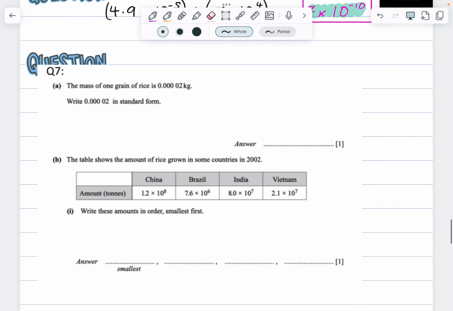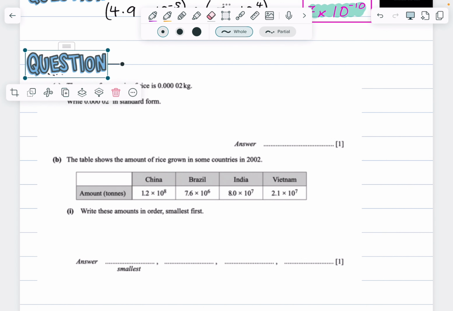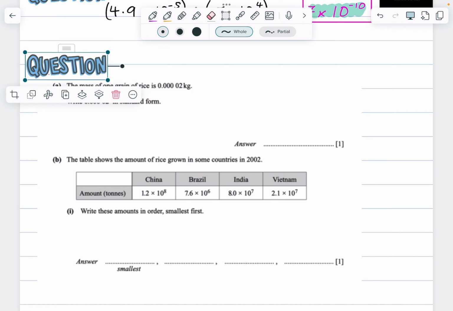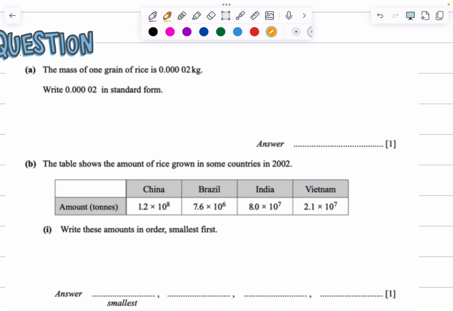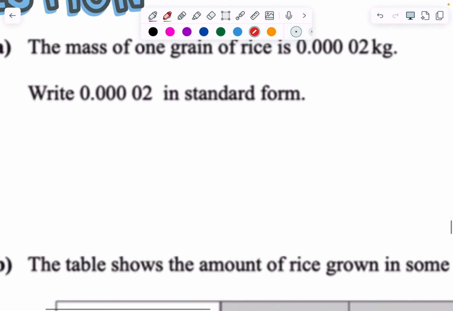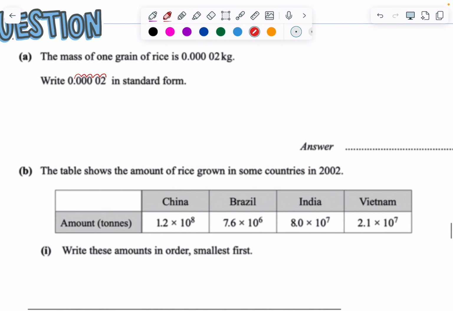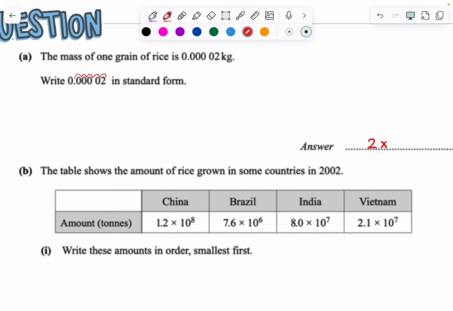वही मैं कह रही हूँ कि I have seen questions from standard form, but not very often. Okay, let's have a look. Part A we're going to do together, although I know you know how to do standard form by now. It is 0.00002 in standard form. Okay, so we know that you can only have one number before the decimal digit from 1 to 9. That's going to move 1, 2, 3, 4, 5 places. So it's going to become 2 times 10 to the power of -5.